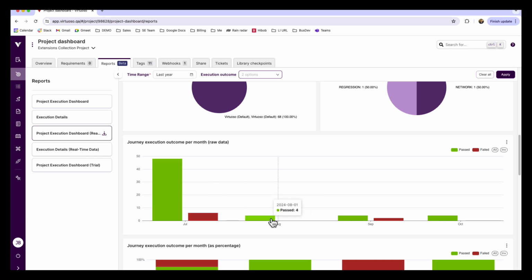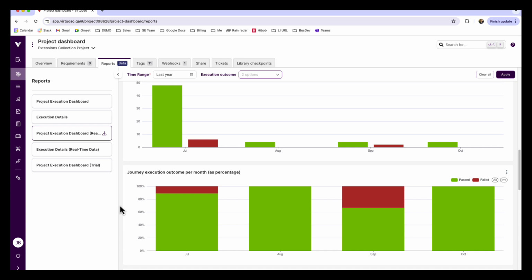And we can see in August, there were no failures. It just gives us the ability to see the raw stats. Then if we go down to the journey execution outcome per month as a percentage, it allows us to see actually percentage-wise, instead of having to interpret the data in the raw data, we can see actually in the stack